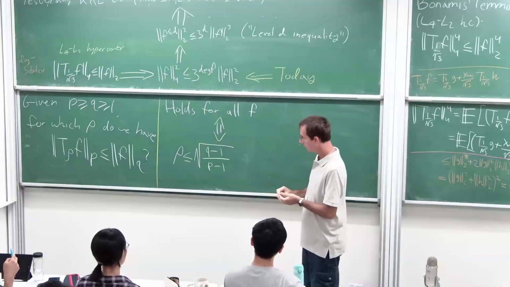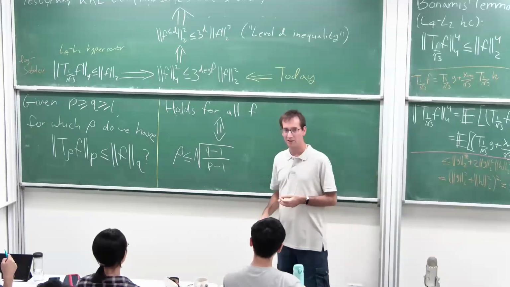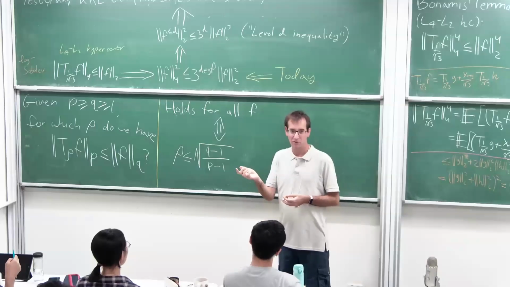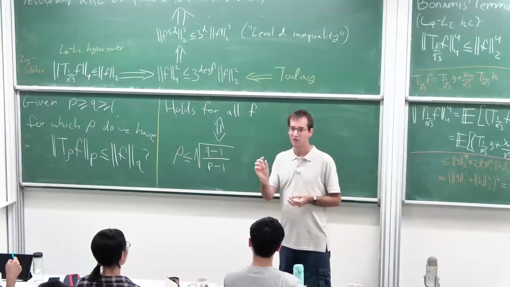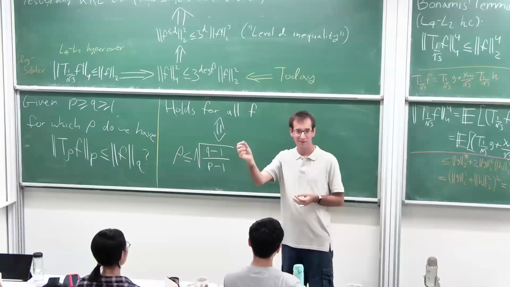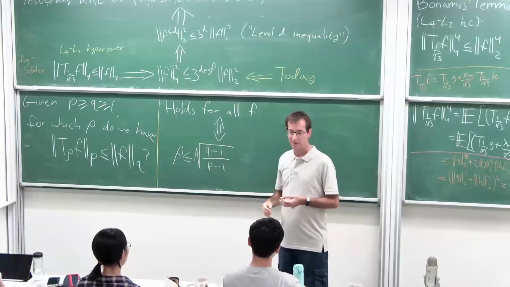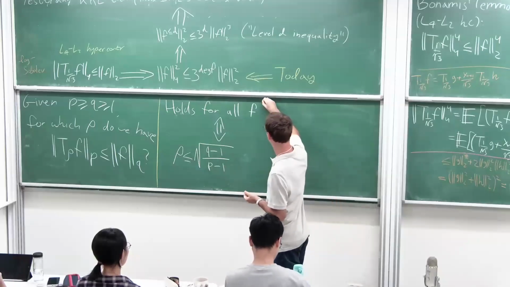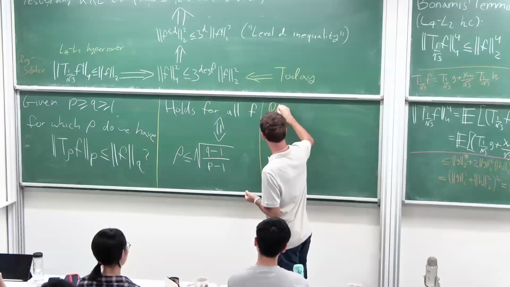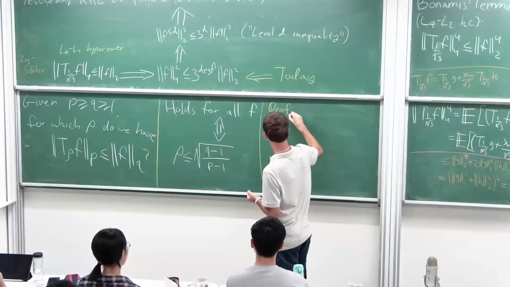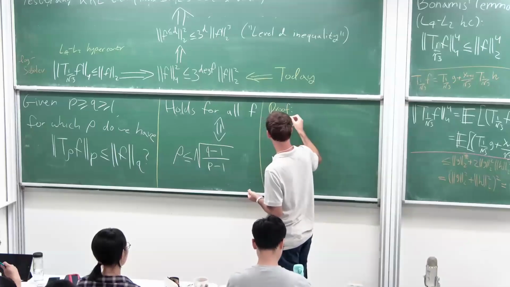Okay, so to check that this is the optimal parameter, this is easy. So you just look at n equals 1, and you look at functions which are like 1 plus epsilon x, and you'll get this. So this is how to get this value. And then to prove this, so it's in 2 steps. So step 1 is the base case,